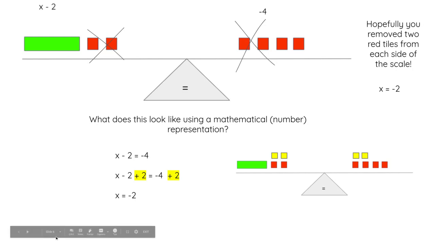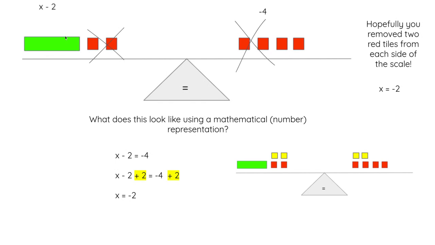Okay, so I wanted to do a little explanation of this question. So in the previous slide, I asked you to take a look at this equation here, x minus 2 equals negative 4. And I asked you to think about which tiles you would remove from each side of the scale to be able to show the solution to the equation, where you have the x tile isolated all by itself with no